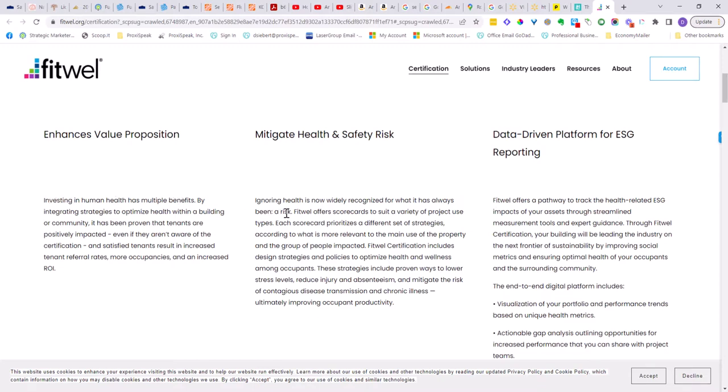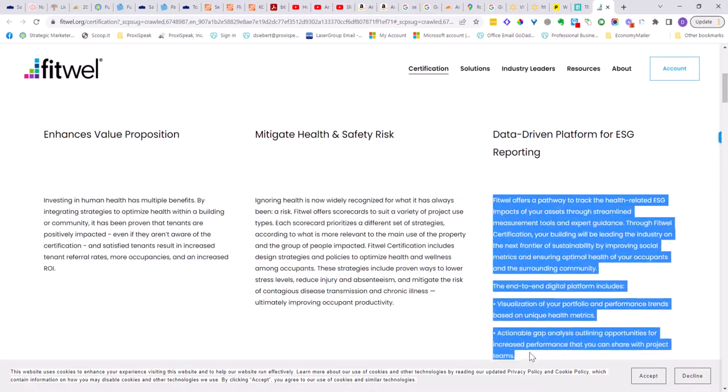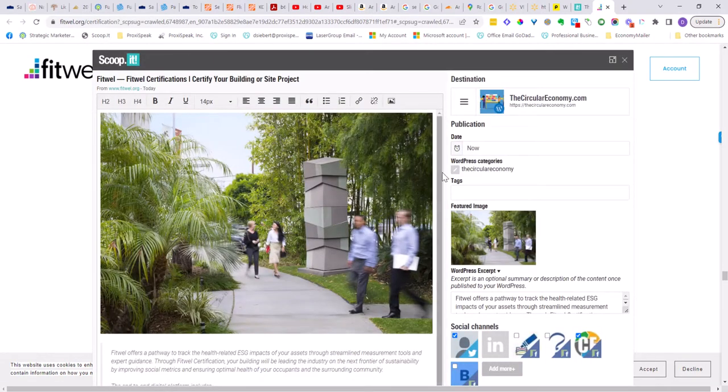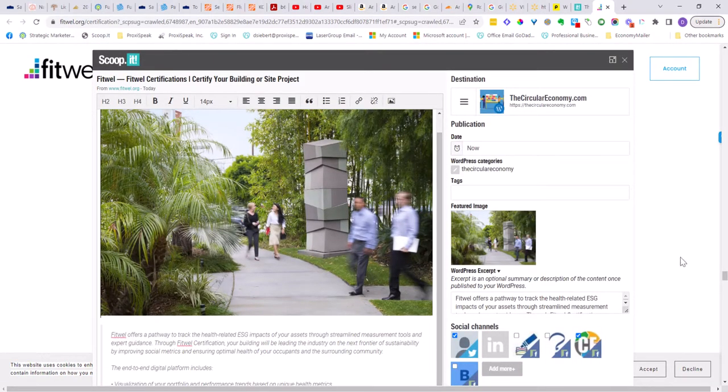Ignoring health is now widely recognized for what it's always been, a risk. Data-driven platform for environmental sustainability and governance reporting. This might be more interesting just because it gives sort of an overview of what they do. So I'll highlight this, and now if I use the bookmark, what you'll see is all of that appears